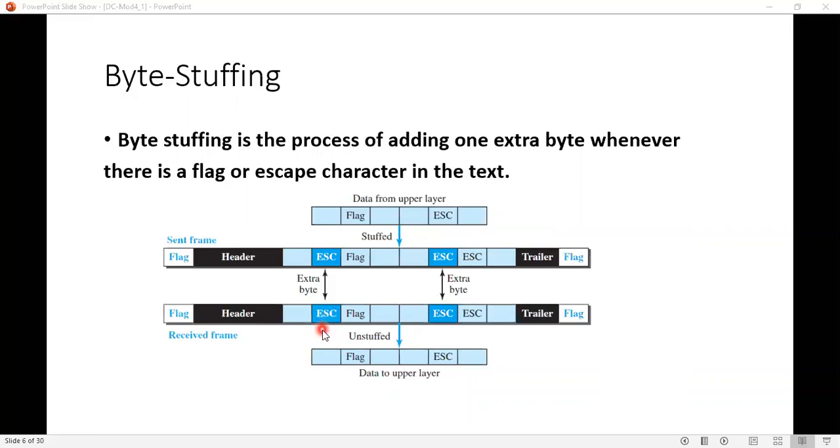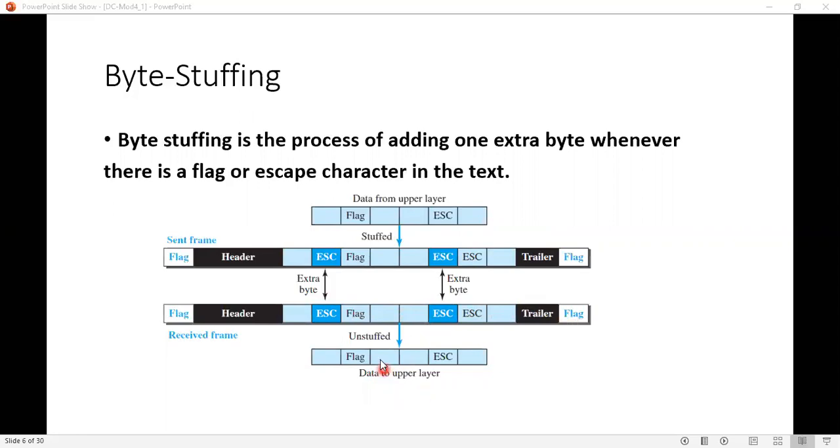So the receiver will remove this escape and consider this particular data as information and proceed. And here again it will see one more escape. Now the receiver will remove this escape and then consider the next escape as data or information. And it will read the trailer, and when this flag is reached, it will understand that it is the end of a particular frame.